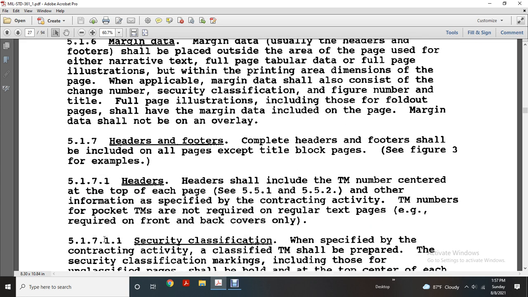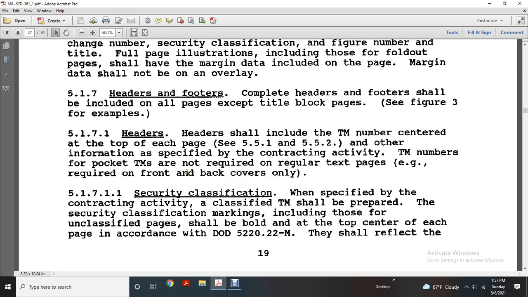Headers shall include the technical manual number at the top center of each page, 551 and 552, and other information specified by the contract. The technical manual numbers for the pocket TMs are not required for the regular text pages, but are required on the front and back covers only. Security classification is specified by the contracting activity. A classified TM shall be prepared with the security classification marks, including those unclassified pages, shall be bold at the top center of each page, and with the DOD form